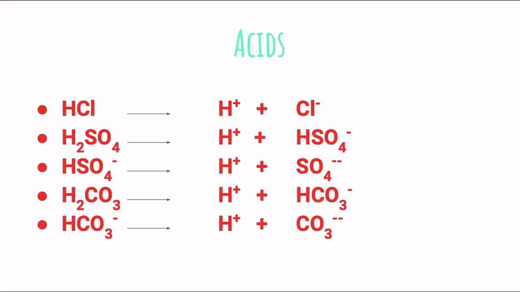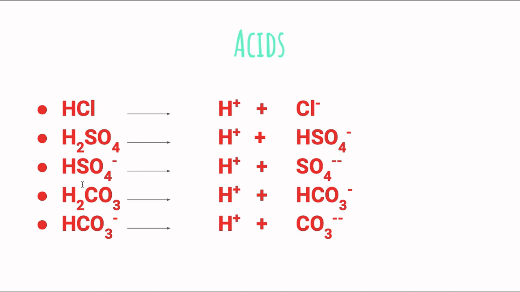See the different examples of Bronsted-Lowry acids. Consider the first reaction. In this reaction, HCl donates proton, gets converted into Cl minus ion, and so HCl is an acid. H2SO4 by donating proton gets converted into HSO4 minus, and so H2SO4 is also an acid. HCl and H2SO4 are molecules. HSO4 minus is a radical, it can donate proton and gets converted into SO4 2 minus. So HSO4 minus is an acid.